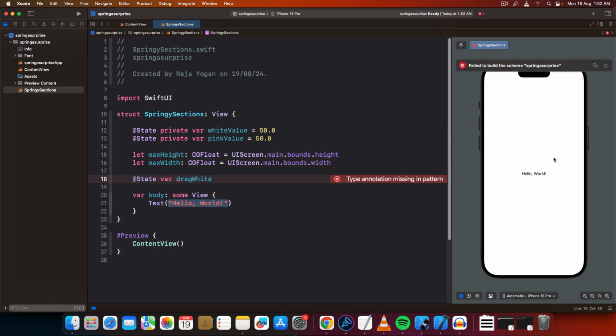These are variables just to hold the drag values, the amount of distance that I have to displace as an offset whenever the user drags one of the